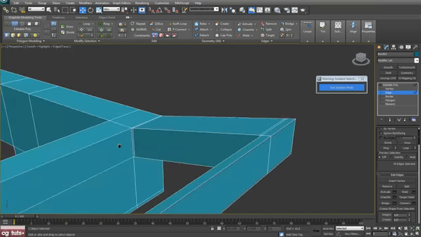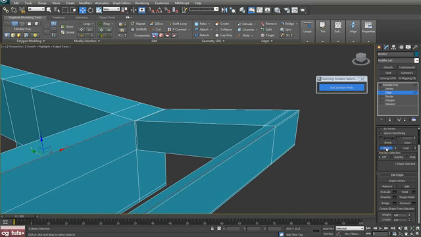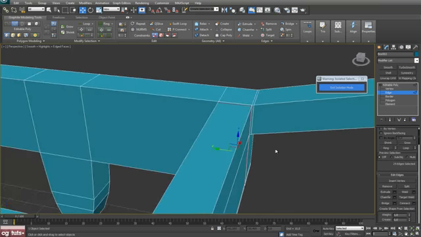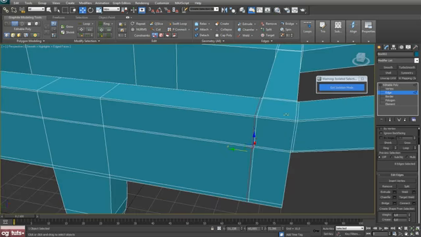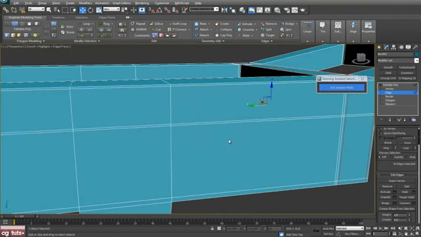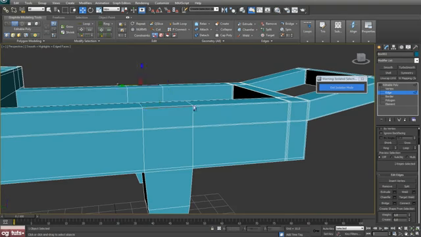Okay, also select these edges, ring, connect two segments, pinch 97, and with Swift Loop make one loop here, one here. Select this edge, hit ring, connect two segments, pinch 85. Okay, select these two edges, ring, connect. Okay,